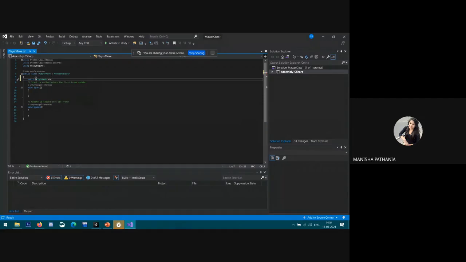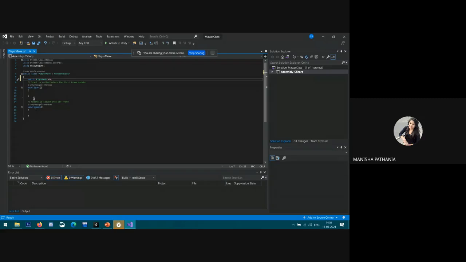So after that, we don't need the start function, because we want to add constant forces in order to move our object forward. To do that, we can't use the start function, right? Remember, the start function is only called once, when we start the game.